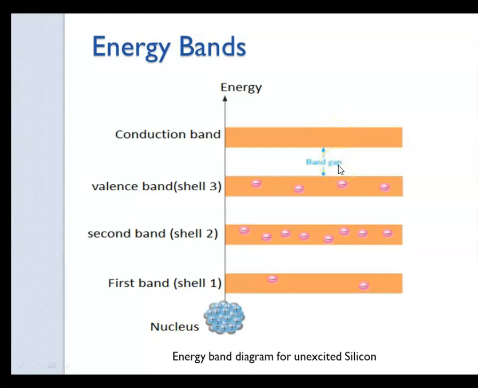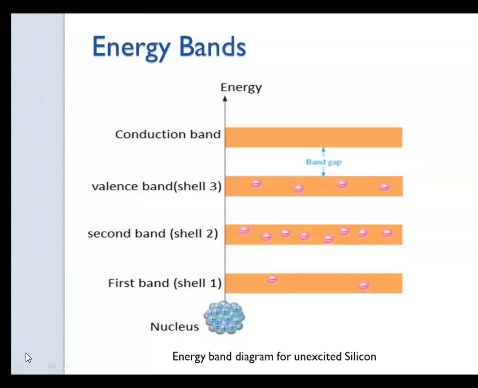So see the forbidden gap now, or the band gap. In this figure, the forbidden gap or the band gap is the energy gap that separates the conduction band and valence band. No electrons can normally exist in the forbidden gap. For any given type of material, the forbidden gap or the band gap may be large, small, or even non-existent. The materials are classified as a conductor, insulator, or semiconductor based on the relative width of the forbidden gap.